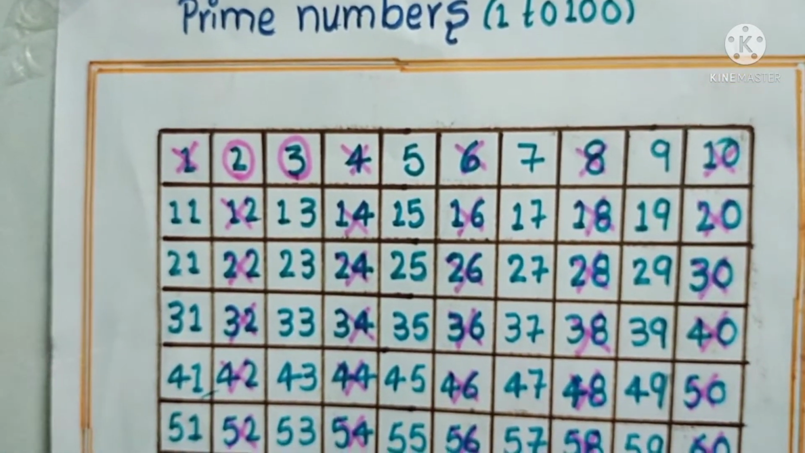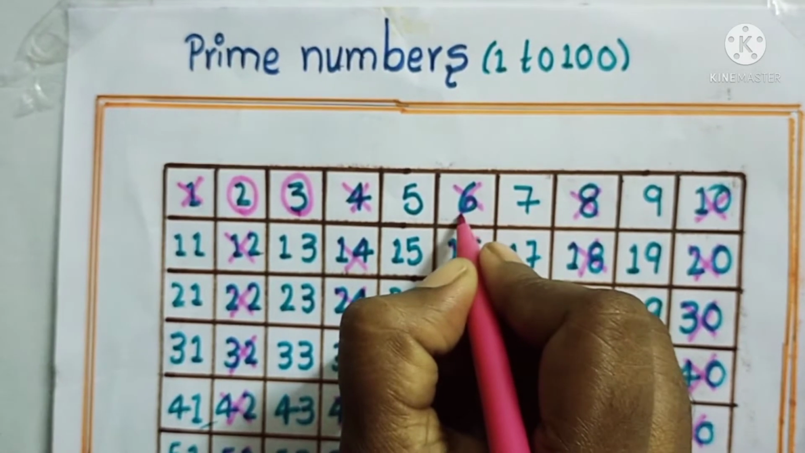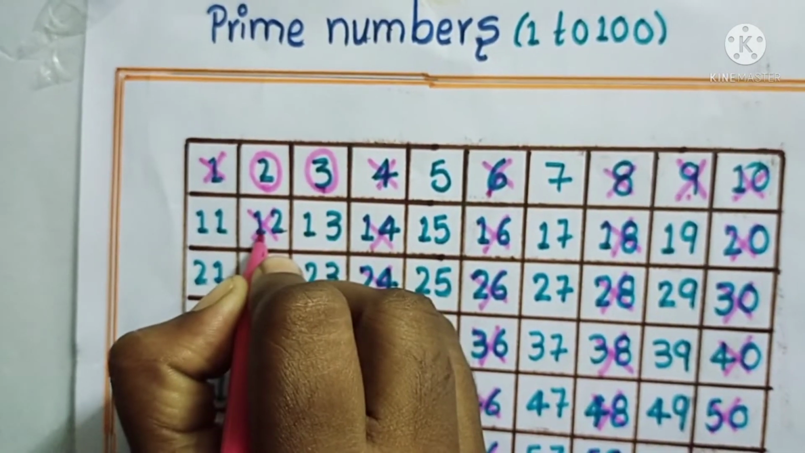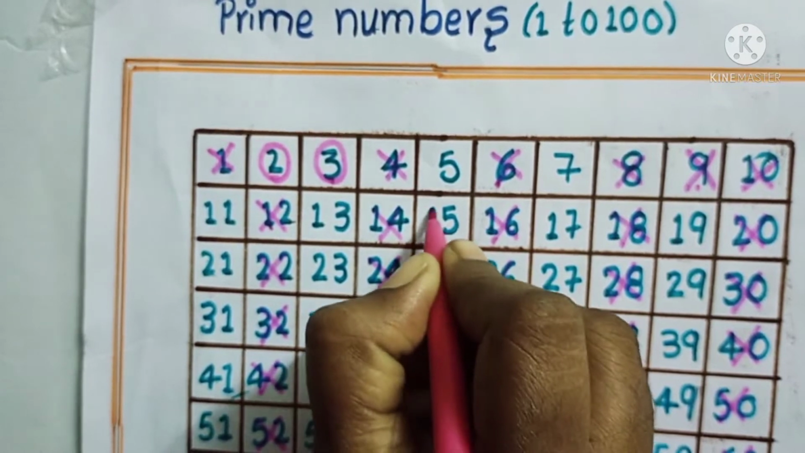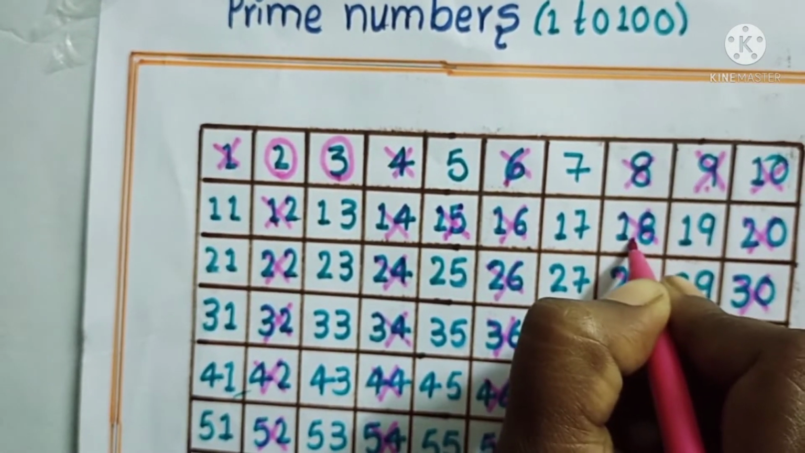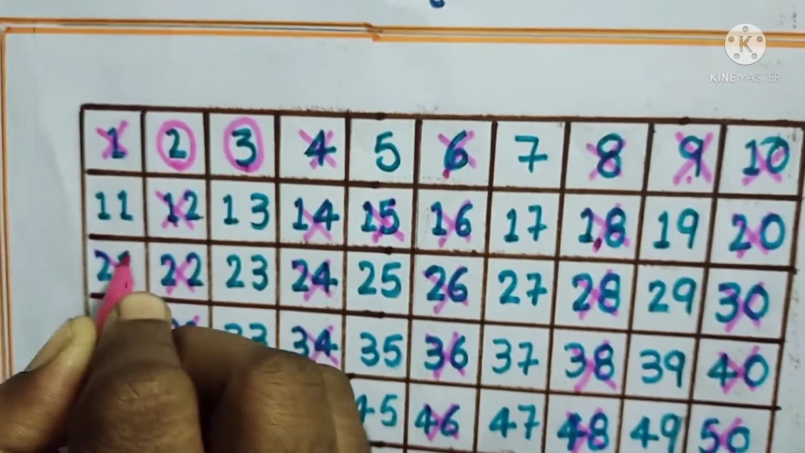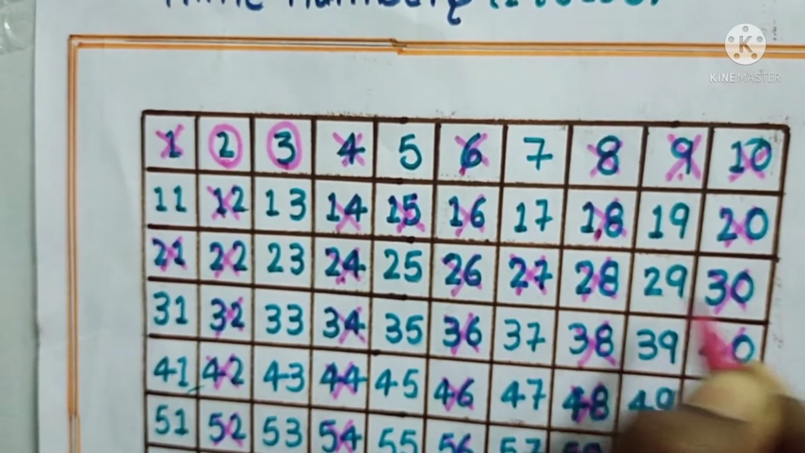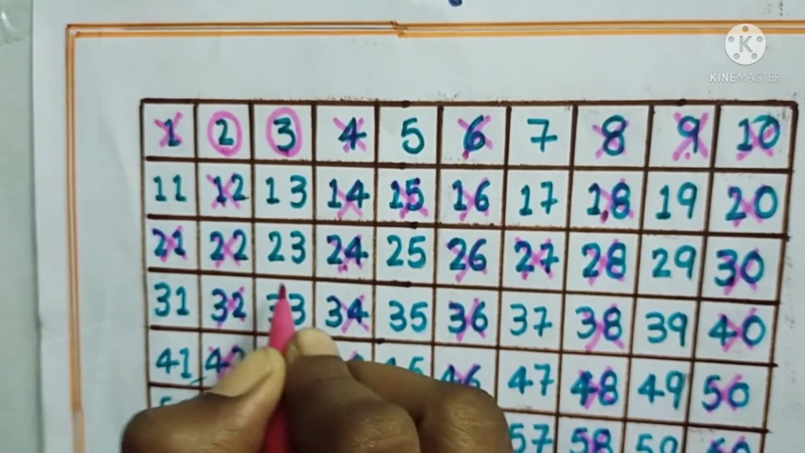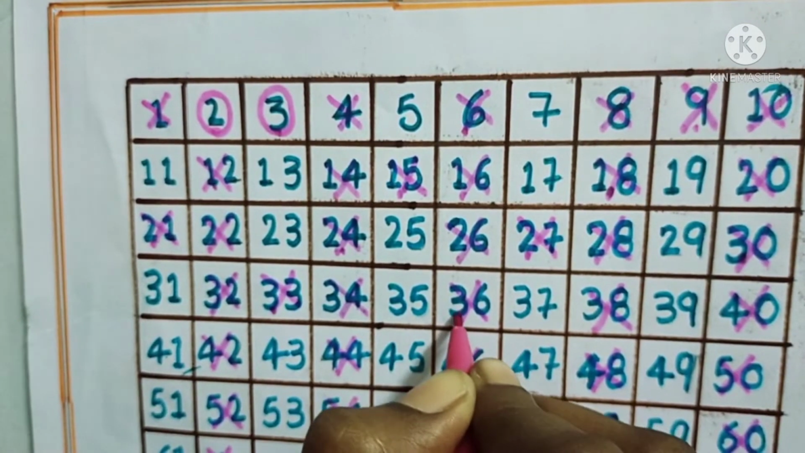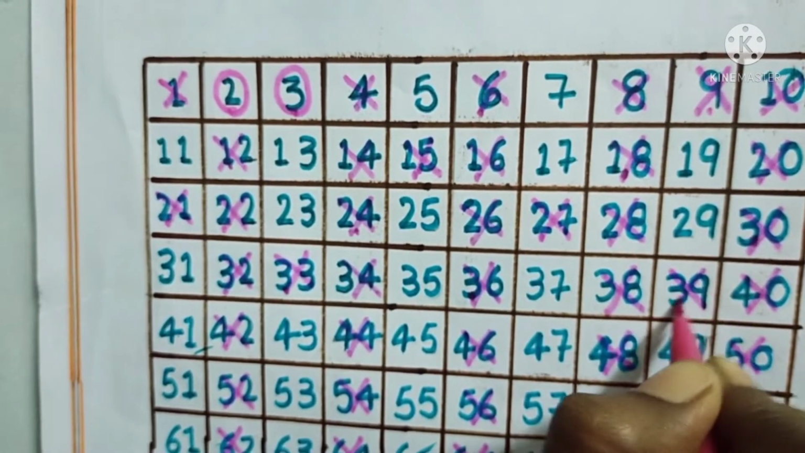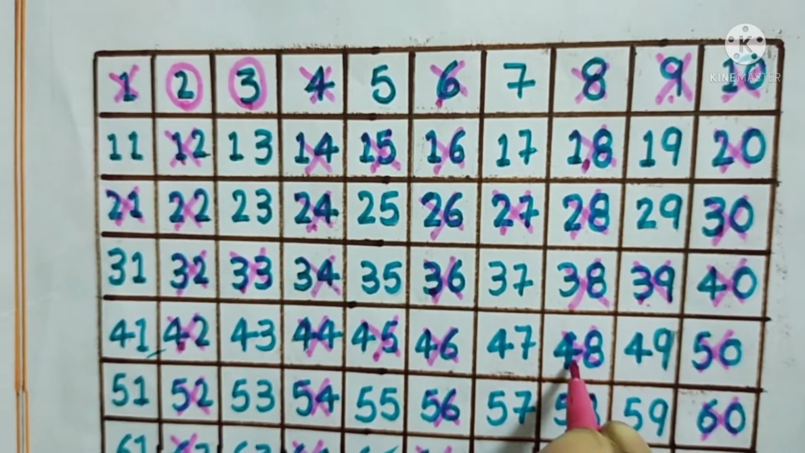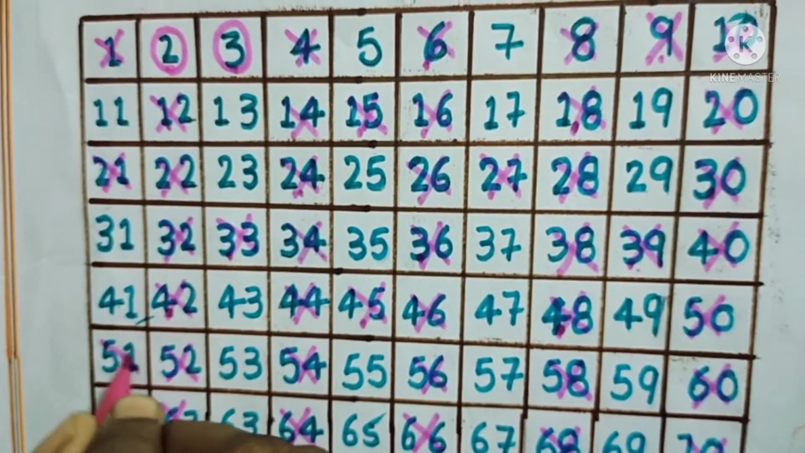Cross out all the multiples of 3, that is 6, 9, 12, 15, 18, 21, 24, 27, 30, 33, 36, 39, 42, 45, 48, 51,